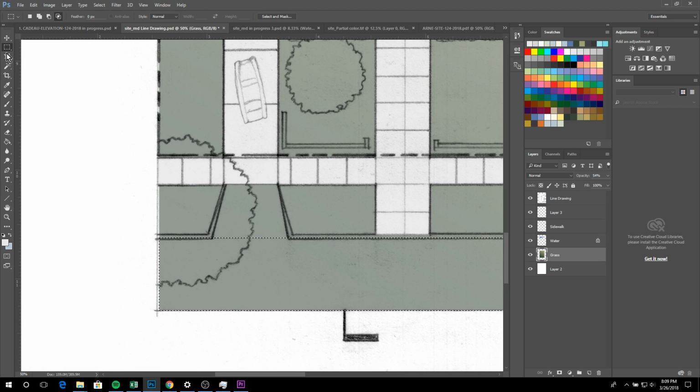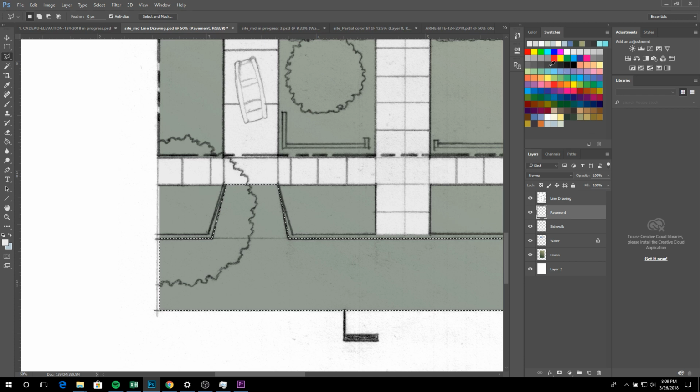And now I'm going to use the polygon tool in order to add to my selection, because I just want this little trapezoid here. So I'm going to use the Shift to get the plus on it. I'm going to come up to here, here. I'm going to double click to finish it, and now I have that selection where I want it. So for this new blank layer, I'm going to name it pavement,